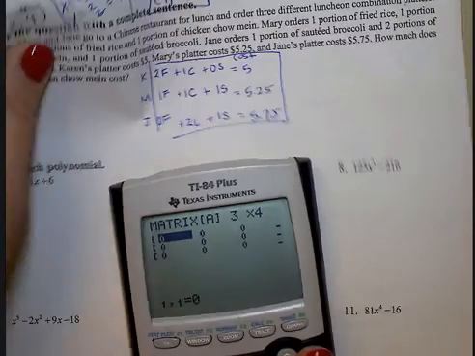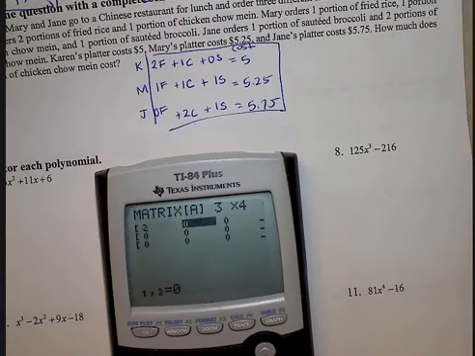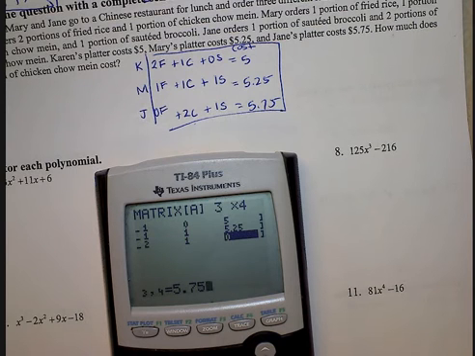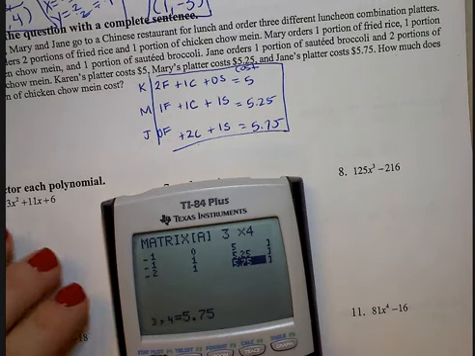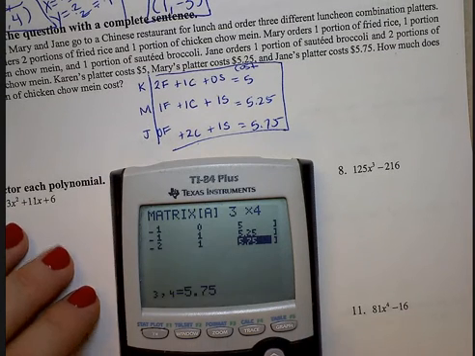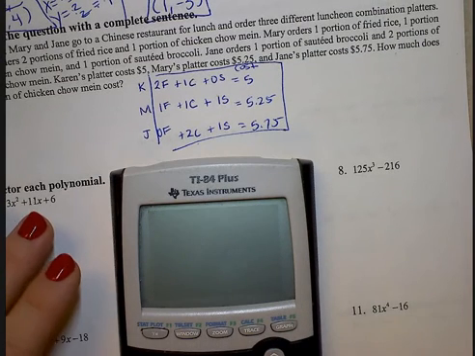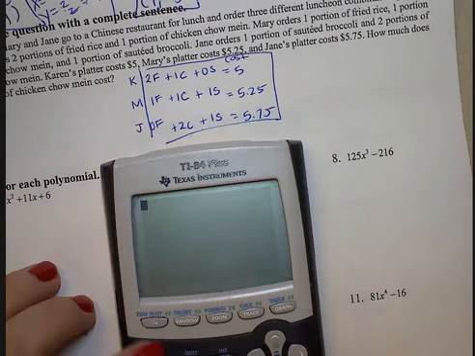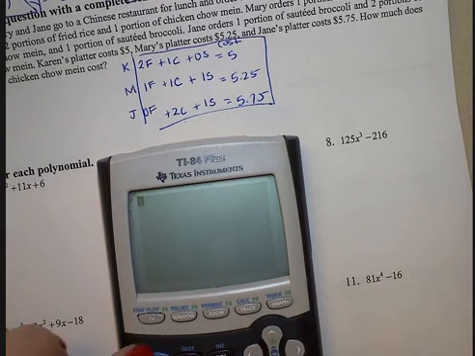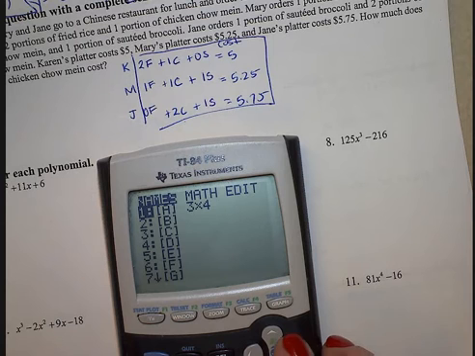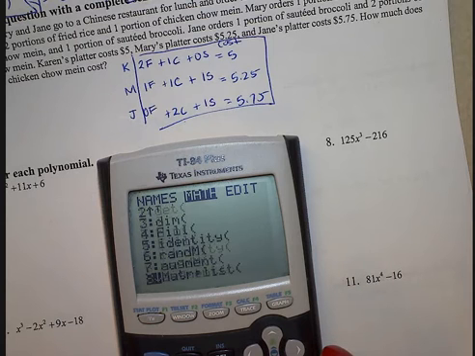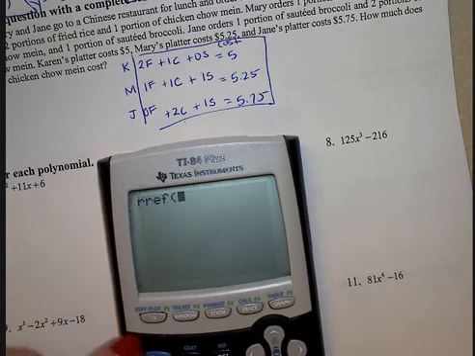And we're going to plug in the numbers that I see. So I see 2, 1, 0, 5. 1, 1, 1, and 5.25. 0, 2, 1, and 5.75. So I've programmed right now what the matrix looks like, and now I'm going to quit out. Okay, now we're going to go back in. Second matrix. We go down to RREF, second matrix,